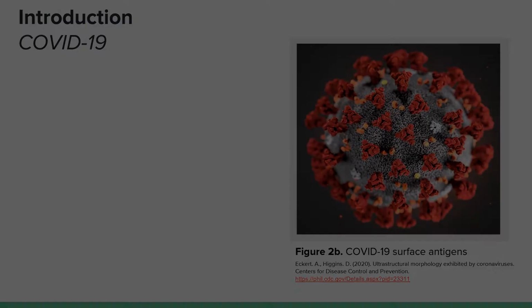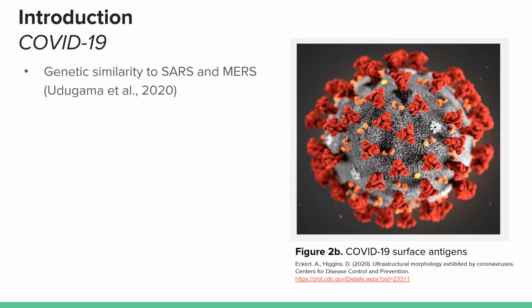Genetically similar to the coronaviruses severe acute respiratory syndrome and Middle East respiratory syndrome, SARS and MERS respectively, SARS-CoV-2, more commonly known as COVID-19, is a recent variation belonging to the Orthocoronavirinae subfamily originating from the Wuhan province in China. Much like its family, COVID-19 is a single-stranded RNA virus that can infect and instigate a pathogenic response in both animals and humans, with the latter linked to lethal complications of the respiratory system.